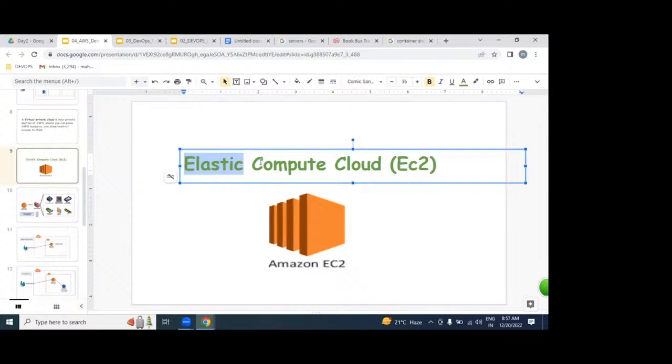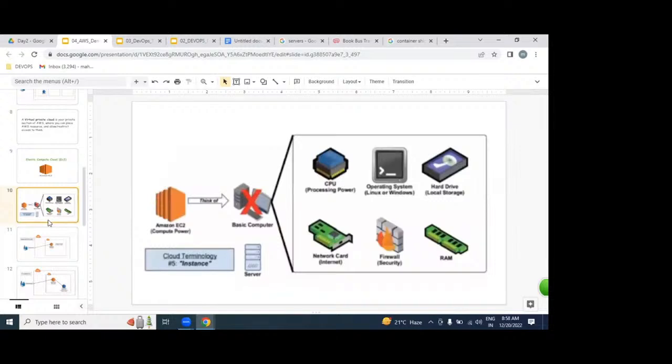So we are going to get a service from the cloud in a flexible way. This we call EC2. Based on customer load, we can increase or decrease the servers automatically. That we call elastic. So one E, two C: that's EC2. With the help of EC2, we can get servers.